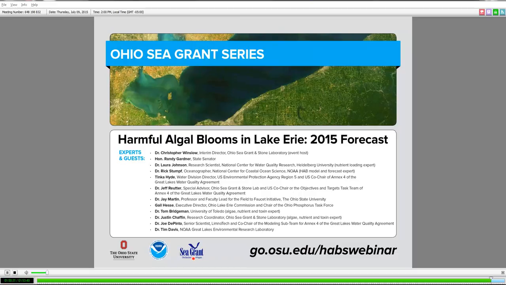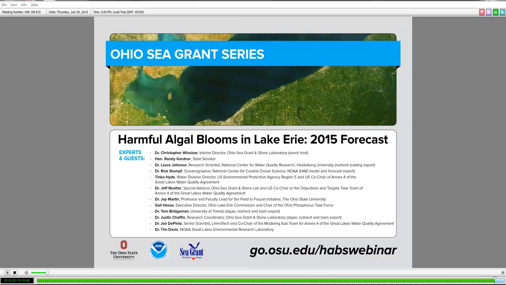I mentioned earlier that HABs, when I think of harmful algal blooms, everyone thinks of drinking water, and certainly that is a harm. But I think of harm also to the ecosystem. To me, the Lake Erie fishery is a world-class fishery. The production of harmful algal blooms, cyanobacteria, does not feed into the base of the food chain for that fishery. It feeds into what we call a detrital food chain, and therefore it's producing biomass, organic carbon that's not really contributing to the Great Lakes fishery. And so what we want to do is get that production into the kind of algae that will contribute to the carrying